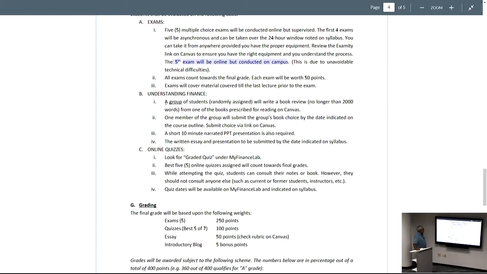There is a group exercise. I have already randomly assigned you into groups. Through your group link on Canvas, you can contact the other members of your group and figure out a mechanism by which you will be able to collaborate with each other in this assignment. You will read a book from the list of choices that are given to you. Each group should meet, either online or physically or through conference call or GoToMeeting, whichever tool you want to use, and decide which of the books from the list of choices you want to use for your